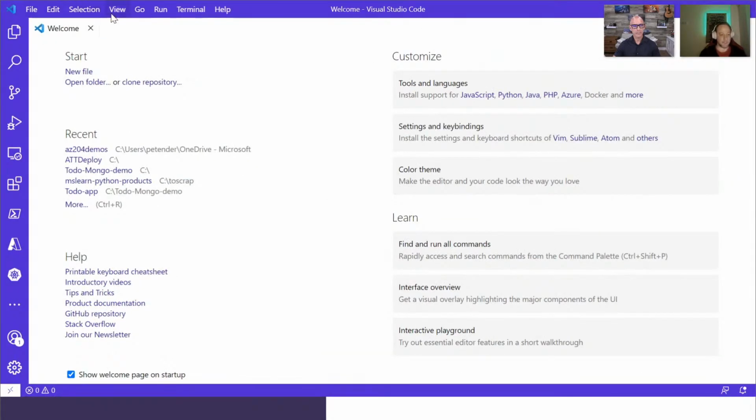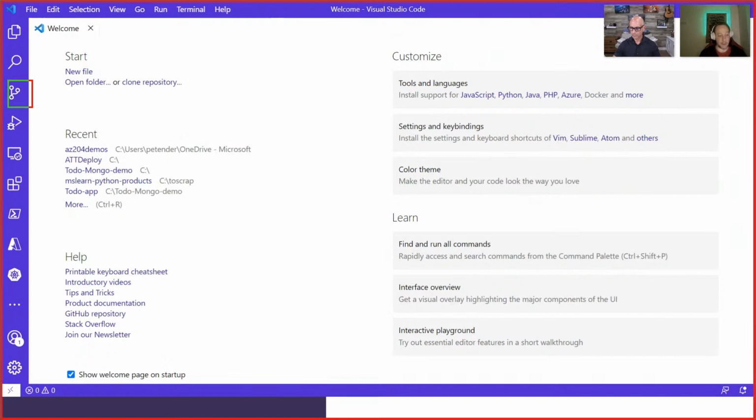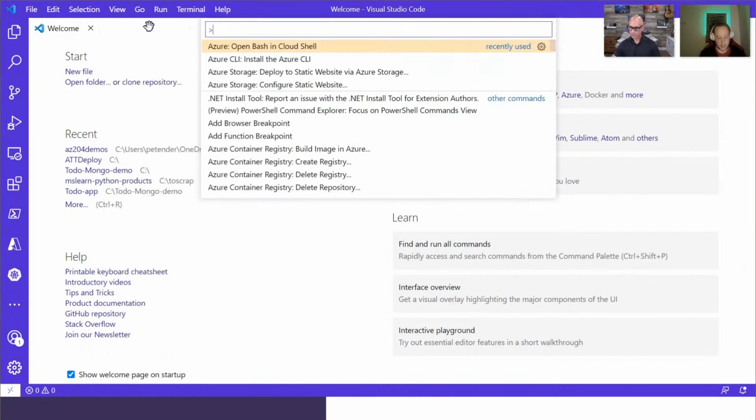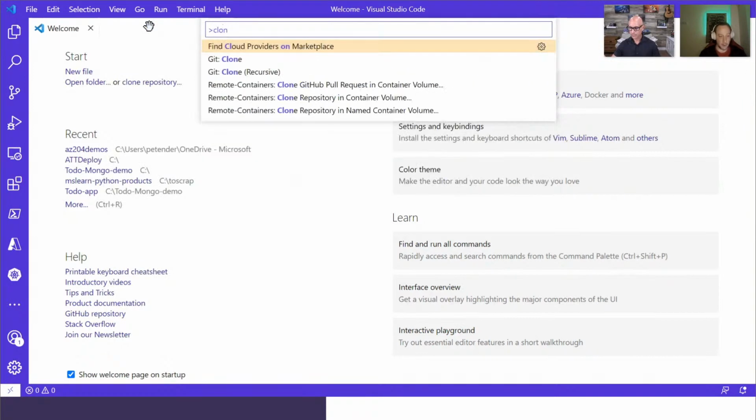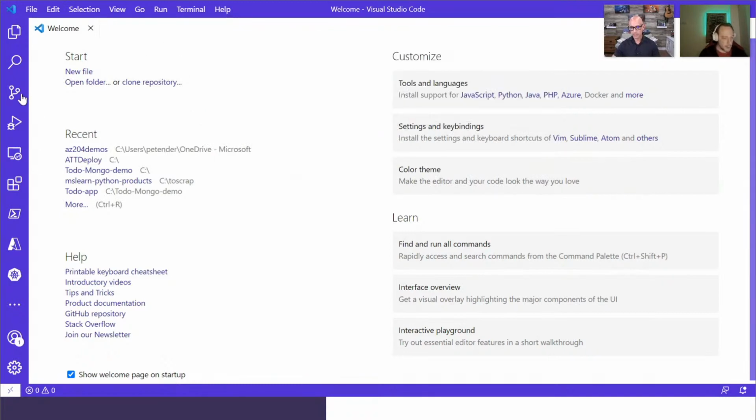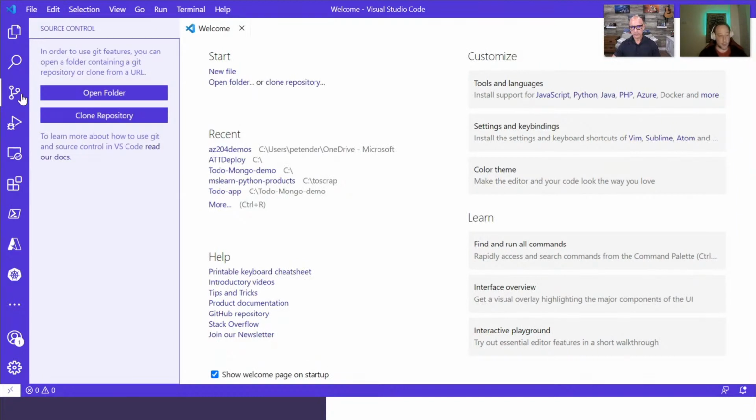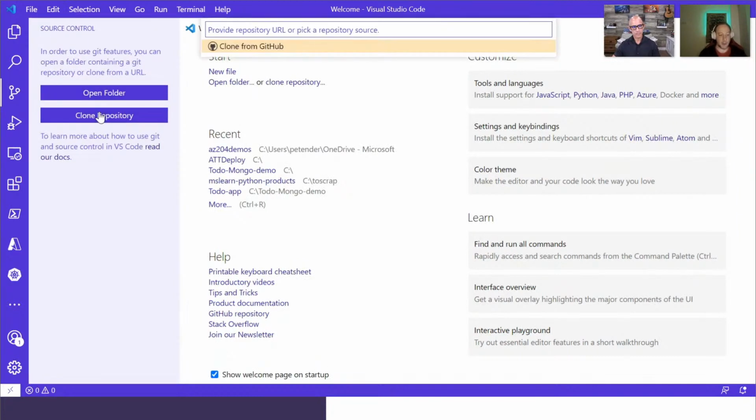Because otherwise, I don't have my command palette option here anymore that John was talking about. But I could go back to our source control, because again, source control is referring to everything we stored in our repositories, in this case, GitHub. And the other option is up here, it's already there. And from here, command palette, you can start. I want to do some cloning where, cool, it's git clone. Why is it not GitHub in this case? Because it's relying on the good old Git in the backend. So we're going to do source control, and we're going to clone a repository.